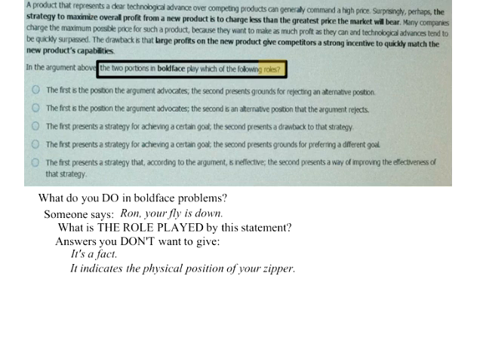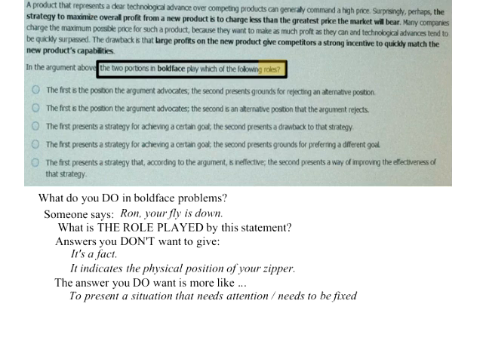What you do want to give is why it's also not just communicating random information. You have to say, why would you tell Ron that his fly is down? Because you want him to zip it up. So the answer you do want is more like,